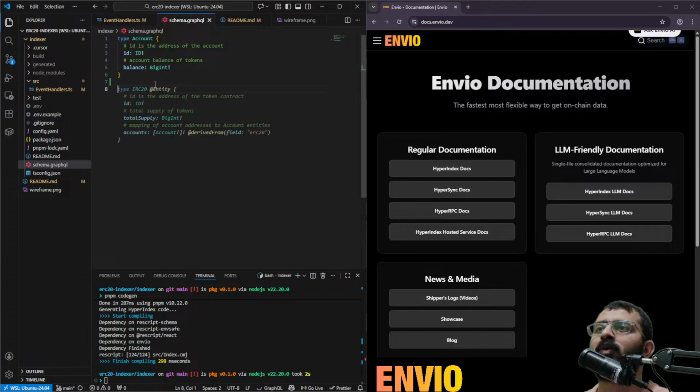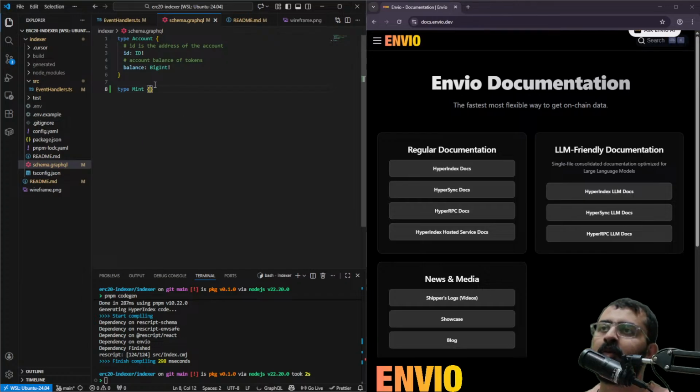Now we'll do type mint entity. Okay, id. Next, what should we do? Mint, then value begin and delete index. So yeah,